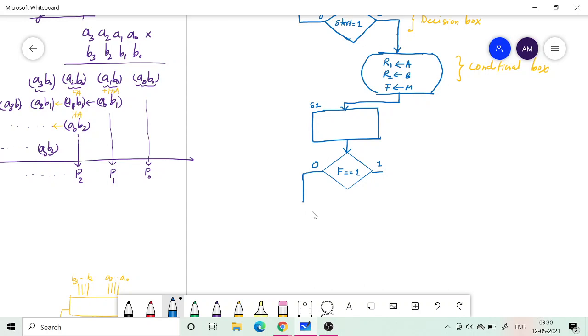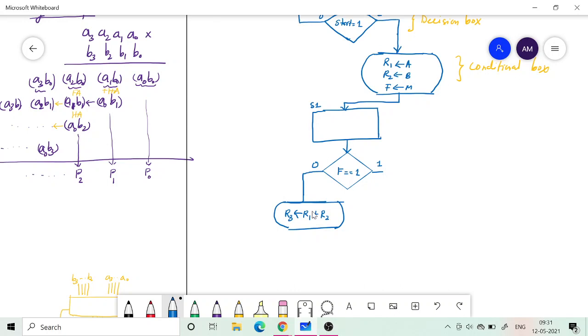So if it is 0, then what should I do? I should perform R3 equal to R1 plus R2. Okay, the contents stored in register 1 and register 2 we have to add, and since it is a conditional statement, I will put a conditional box, based on the decision that is taken.